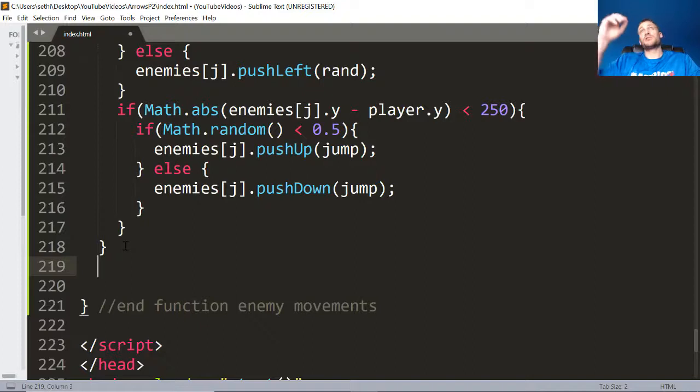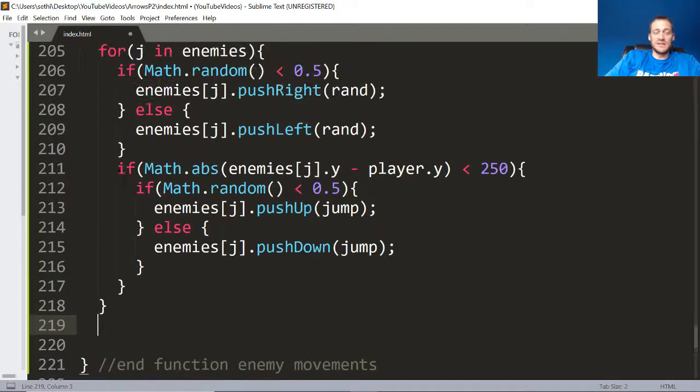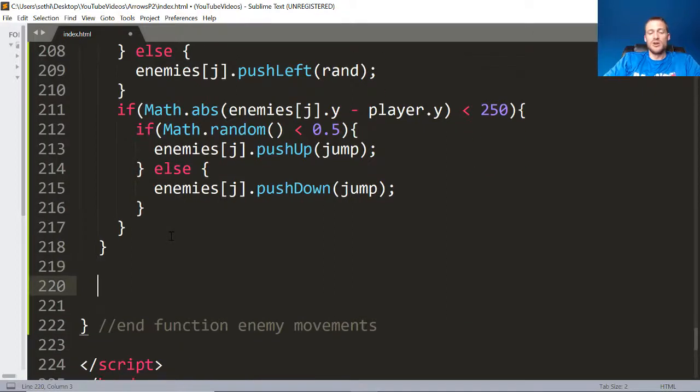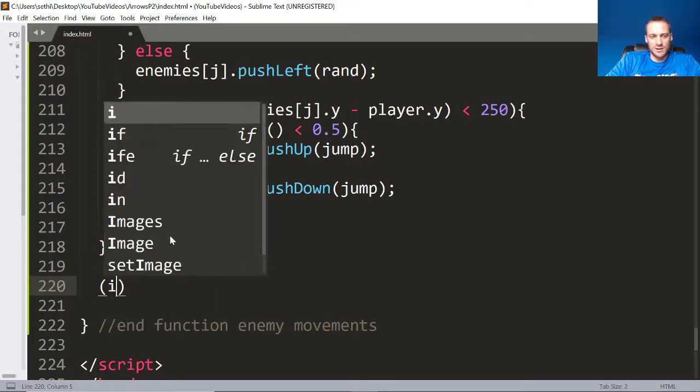Let's make the enemy. I want to show you guys what a case switch is. So you've seen if statements, if else statements, and they get lots of brackets. Let's use a case switch on this. What I want to do is make them do a spread attack. So the way I wanted to do that is I wanted to go if